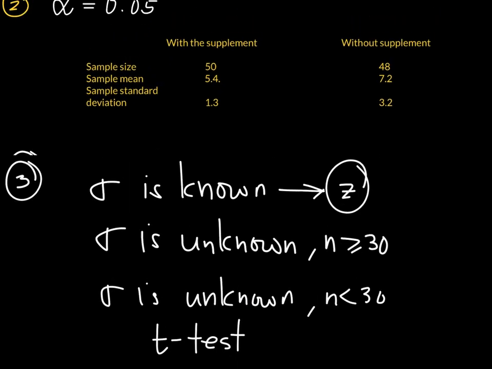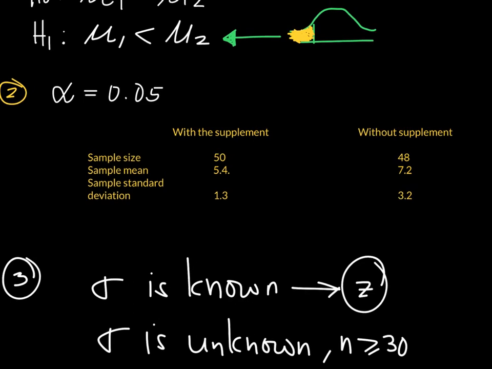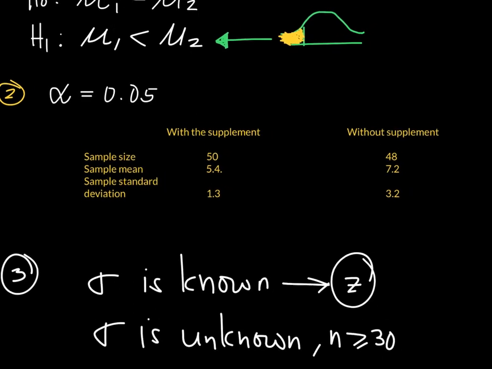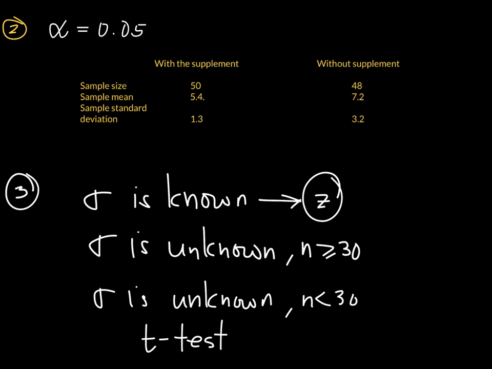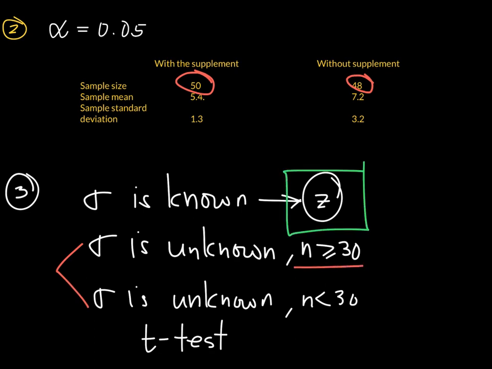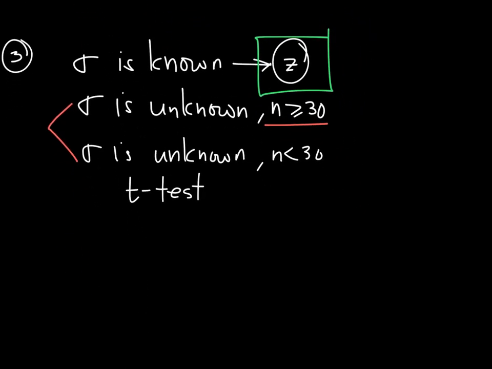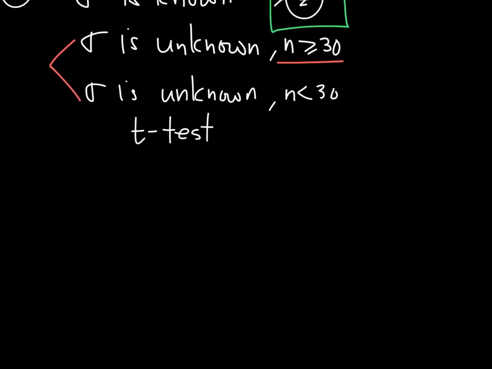In this particular example, we don't have any information about the sigma, so sigma is unknown. So that makes our options either of these two. But when we check the sample sizes, 50 and 48 are both greater than or equal to 30. That means we have to use the z-test. So now that we have identified the type of test that we're going to perform, we will get the